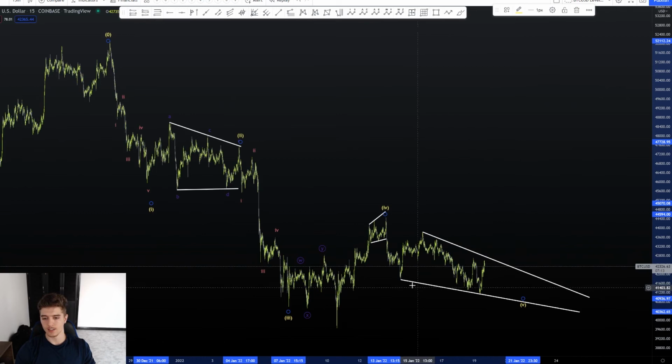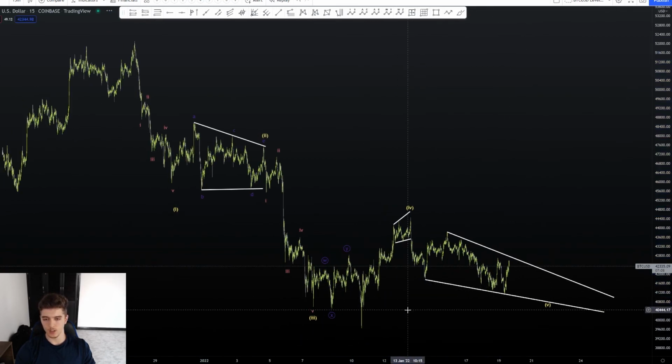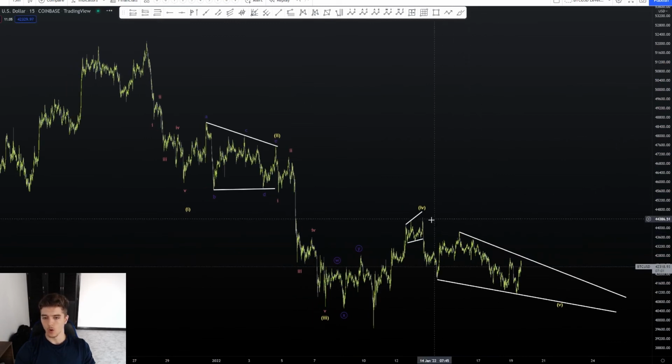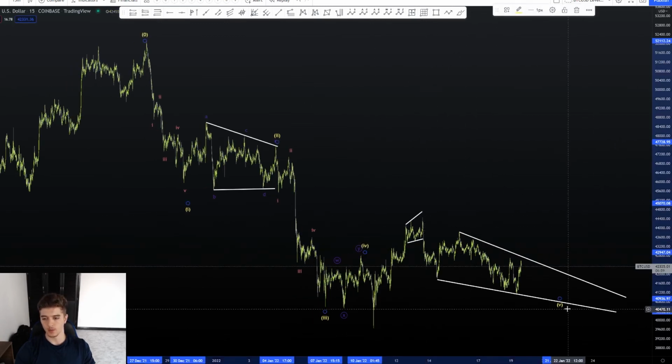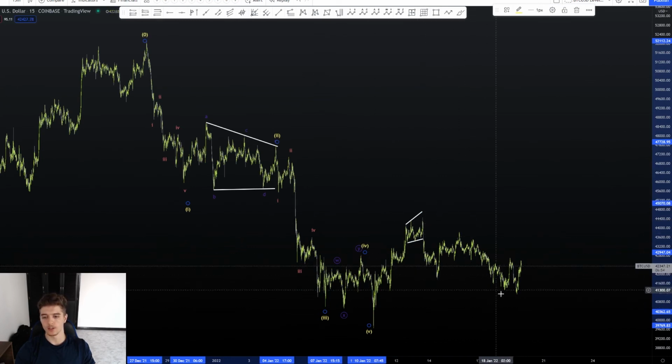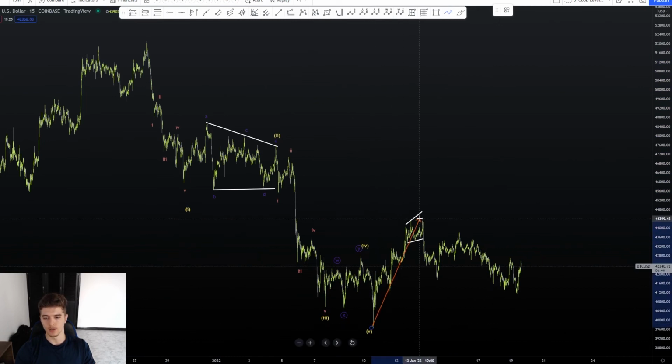But even if it is, this slope is not great enough to give us lower lows. So even if this is a wave 4 here, and we're coming down for a wave 5 via an ending diagonal, or if this wave 4 was put in right here, and the wave 5 is here, and this is all a 1, 2, then that means this low should theoretically hold, for now at least, until we get the completion of this wave 2, or until we get the completion of this whole corrective structure,